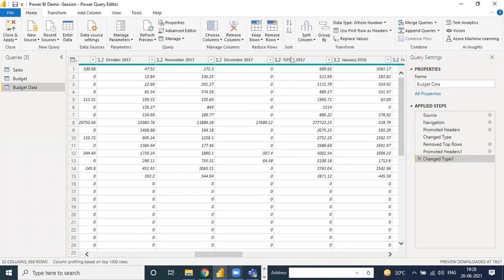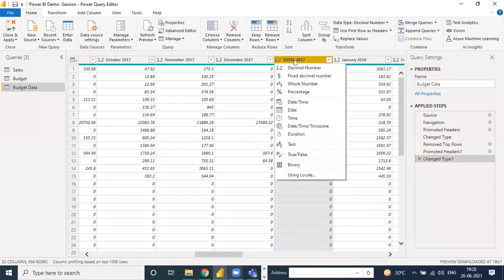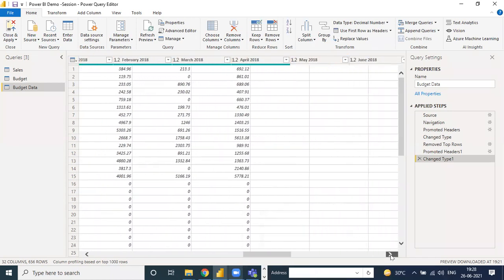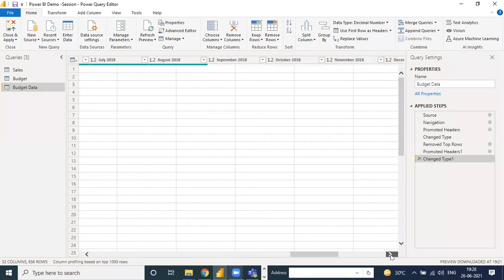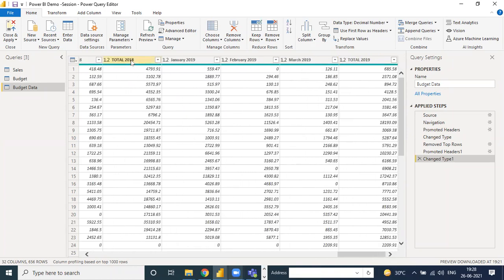Okay. So how do you delete this? You can click there and remove. Okay, so these are removed in the same step. But suppose it's a total for 2017, then press Control, click there, go again to the next one, and it's the total for 2018.